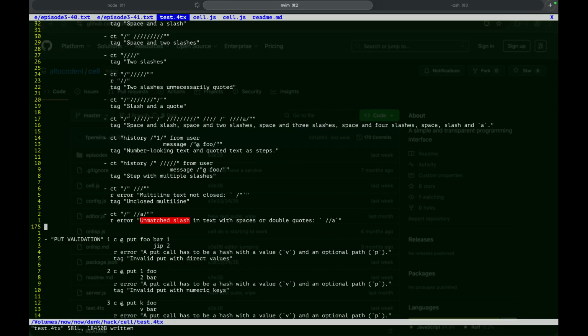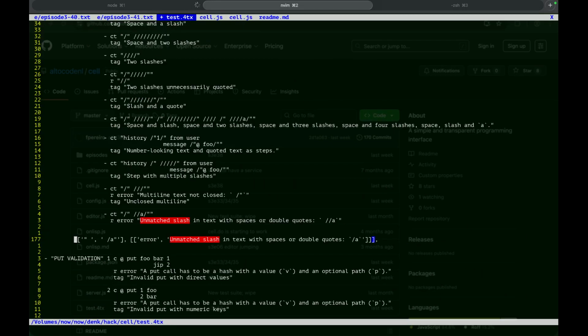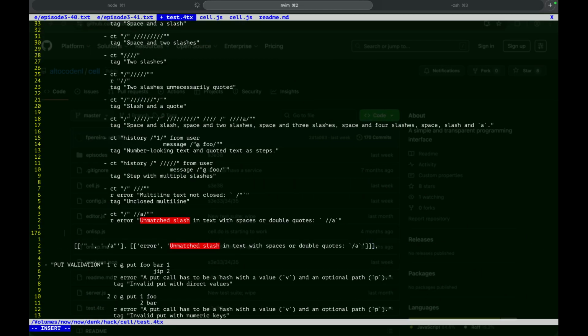Beautiful. Yeah, working faster is really good. It's energizing. So I have a quote and a space,